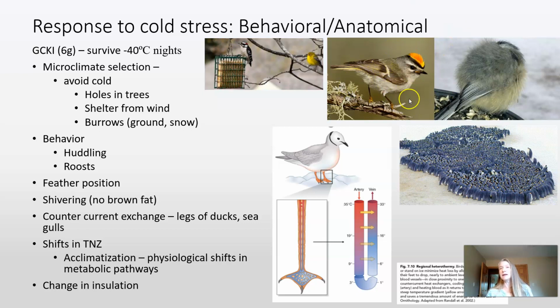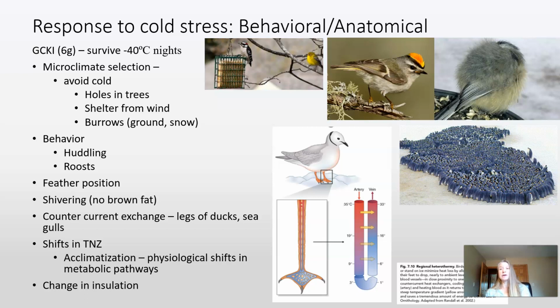If you've never read anything by Bernd Heinrich, I highly recommend it. There's One Man's Owl and then Mind of the Raven. He's a wonderful naturalist who explains what's going on well and has done a lot of really cool studies with birds. One of the things he wondered about was how golden crowned kinglets survive the nights in the Maine woods. They can survive nights below negative 40 degrees Celsius. And how can these little 6-gram birds actually survive?